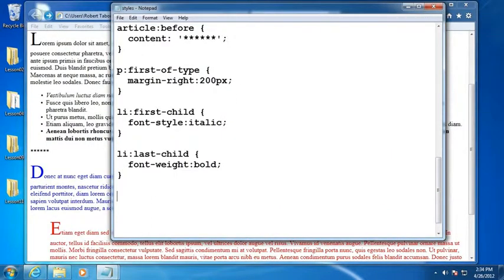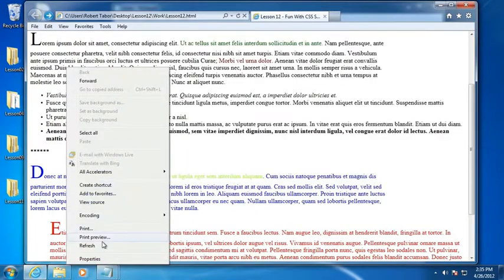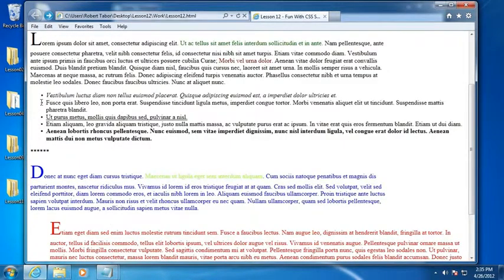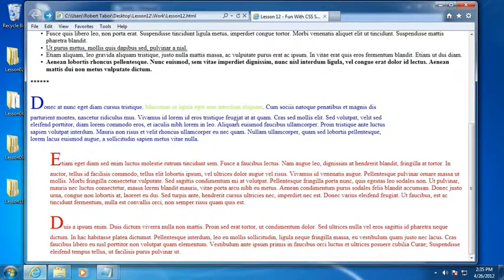weighted bold. And then we can also get to each of the individual items by going nth-of-type. So we want, for example, every third list item on our web page, and we'll set the text decoration to underline. We just happen to have only one set of list items, but notice the third item is underlined. Cool. All right, so now I've got a bunch of spans that are defined somewhere down here, and we're